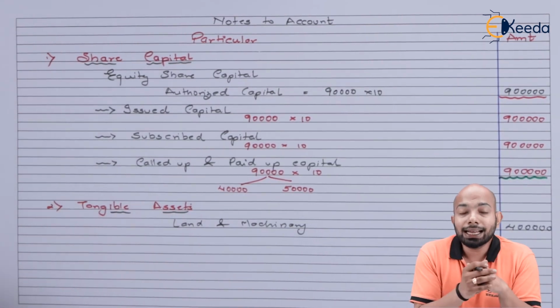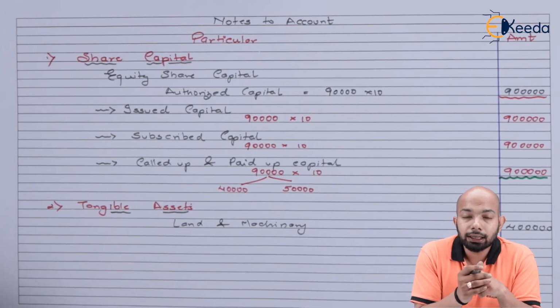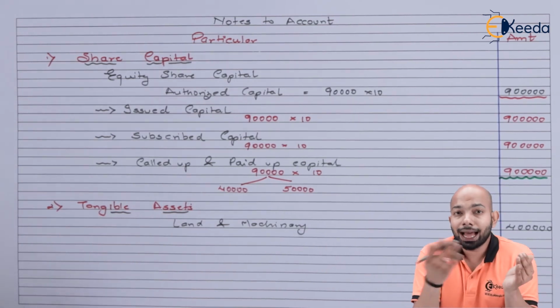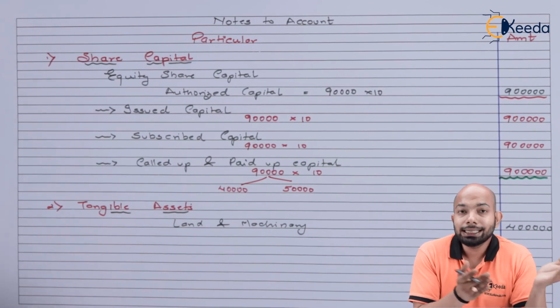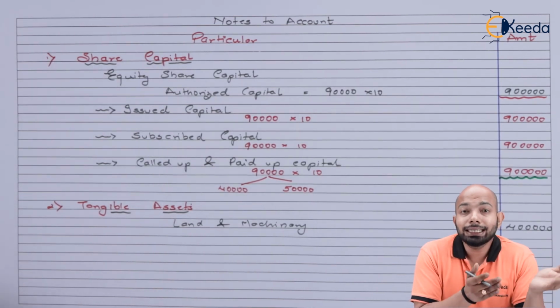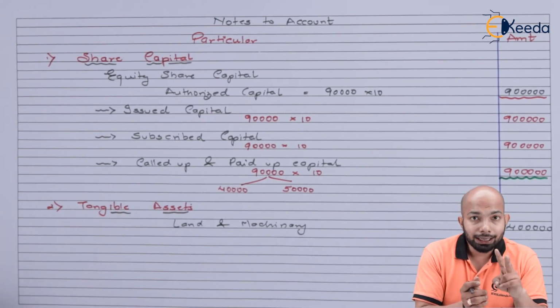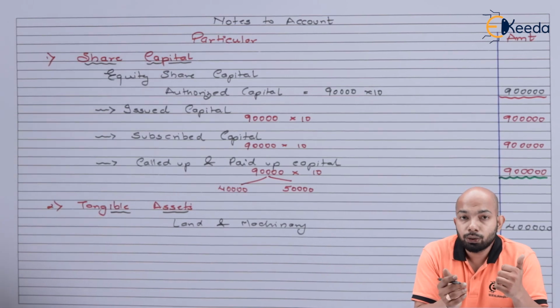And the next asset, if you can see, I've mentioned a slight green line under 9 lakh. That segregates the liability side and the asset side for you. So capital comes under the liability category. Hence, the balance of the liability side is 9 lakh rupees. It should be equivalent to the total of the asset side as well. Under asset, first is tangible asset, which is amounting to 4 lakh rupees.